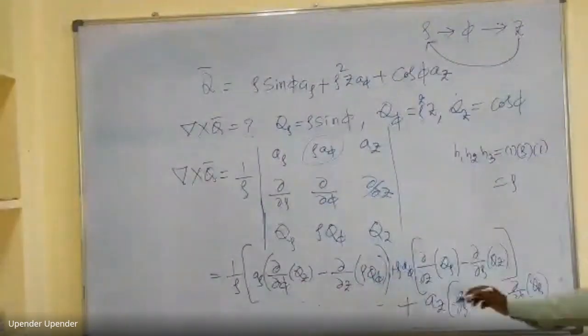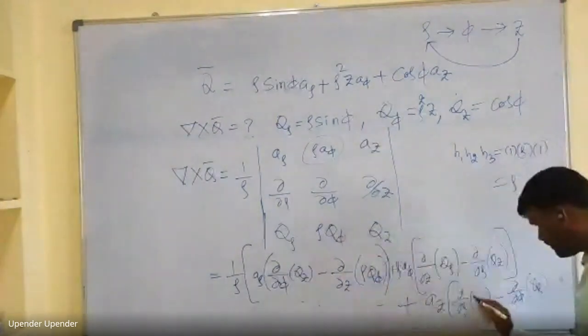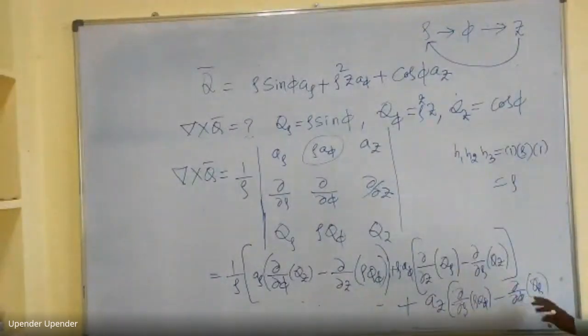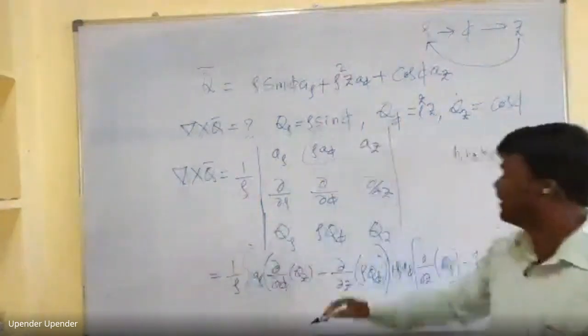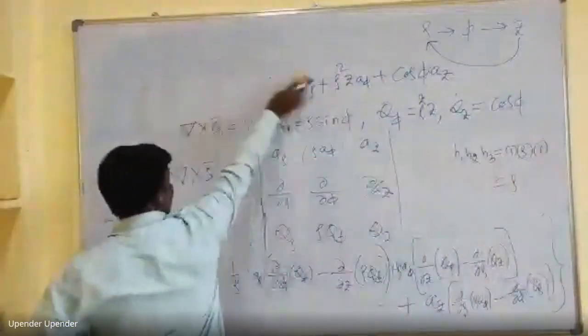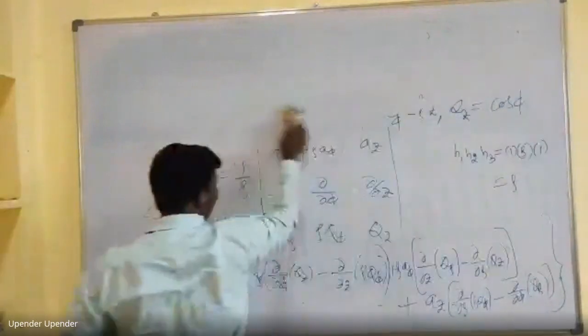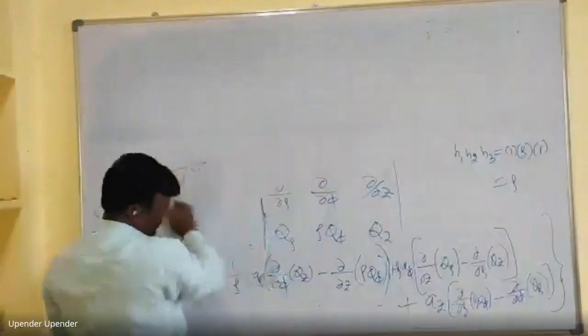Okay, z, dou by dou rho, and I have to take what pi component. What about the pi component? Rho Q pi. Rho Q pi, dou by dou rho, dou by dou pi of Q rho. Okay, close this one, the entire whole bracket. I am taking this 1 by rho multiplied with the whole thing. Okay, now simplify this one. Of course, this problem is simple, but we need to concentrate more.